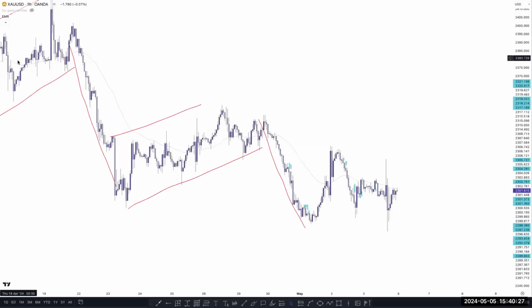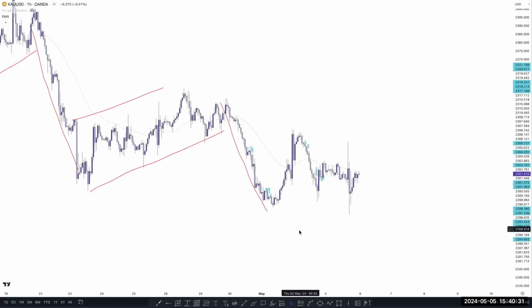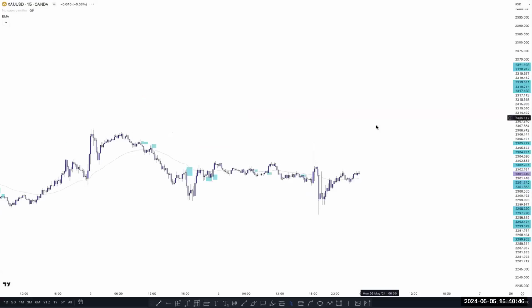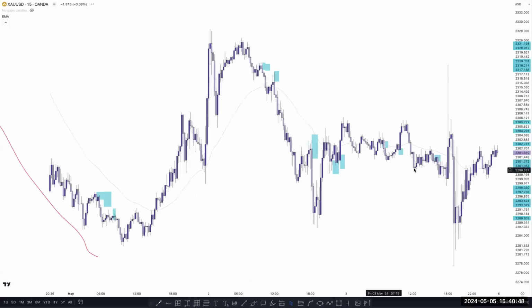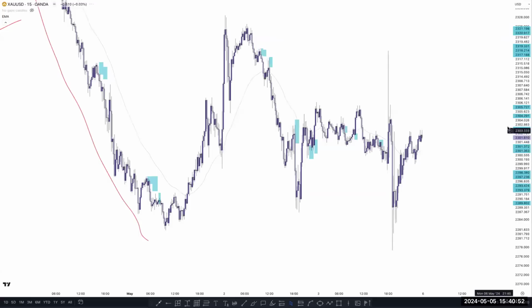Okay, so the overall structure is a bearish, market-creating continuation pattern here. If the market creates any continuation pattern here, then we can sell. This is happening in the 1-hour time frame. Let's see what is happening in the 15-minute time frame. In the 15-minute time frame, the structure is still showing bearish, right?